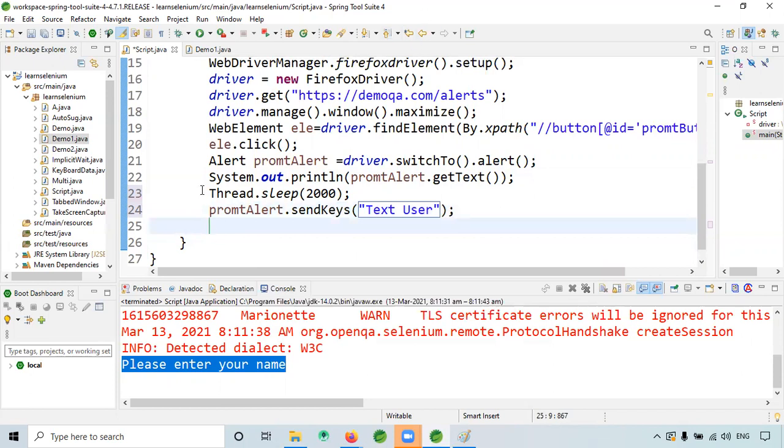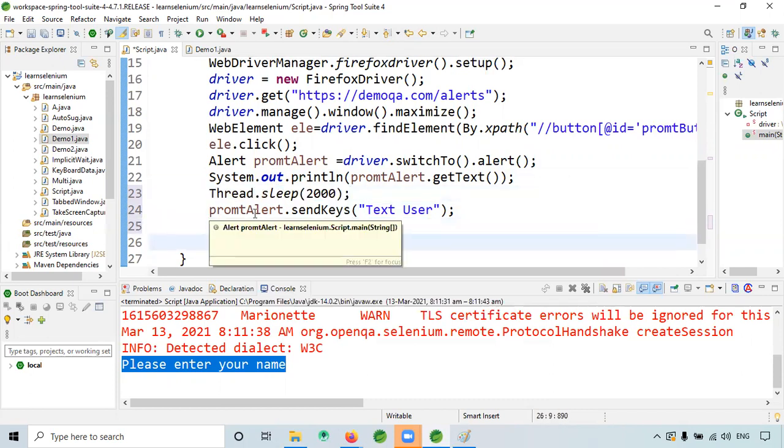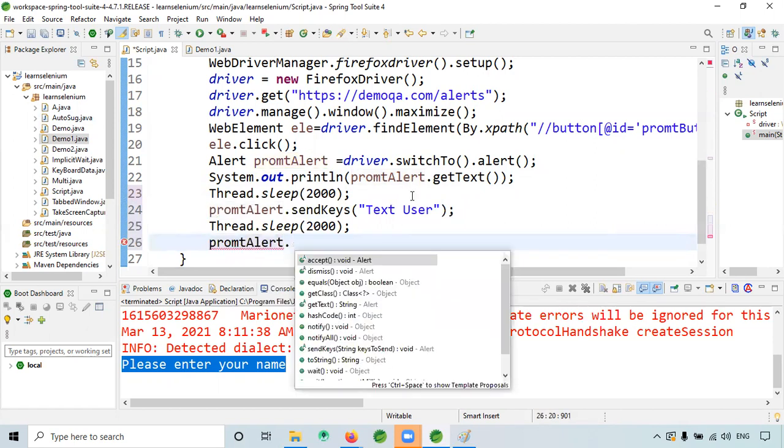Let me give sleep again. Then I will give promptAlert dot, and you'll have two options: one is accept, another is dismiss.